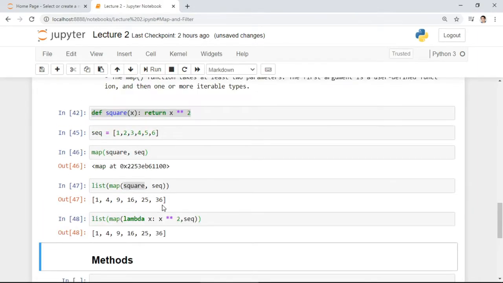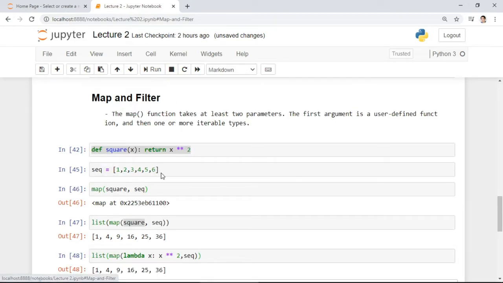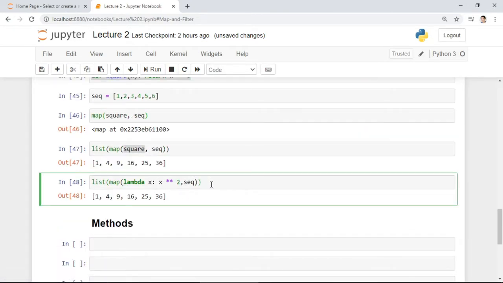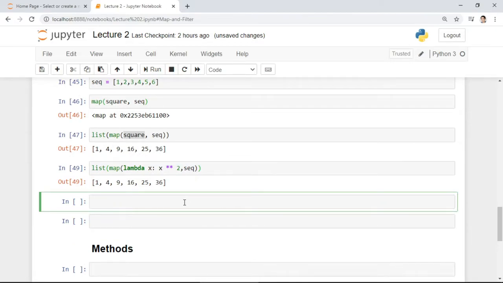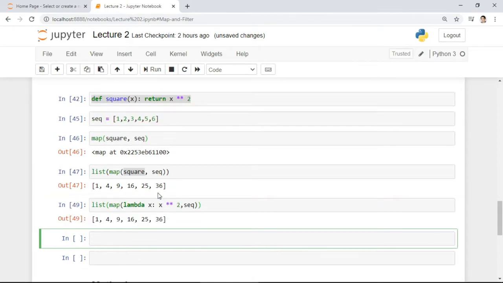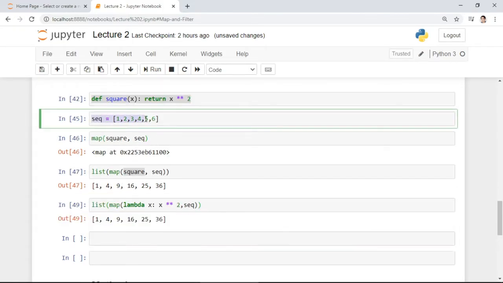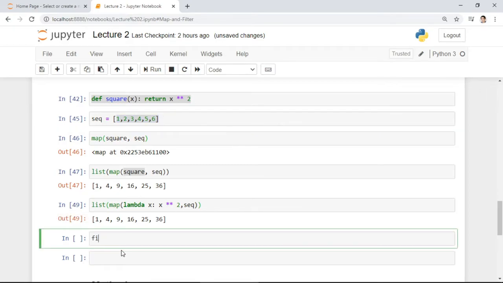So you can also use the filter function. What the filter function uses is a logical value of true or false. For example, I want to return only a specific value from the sequence if it is an even number. So you can use the filter here. For example, filter,